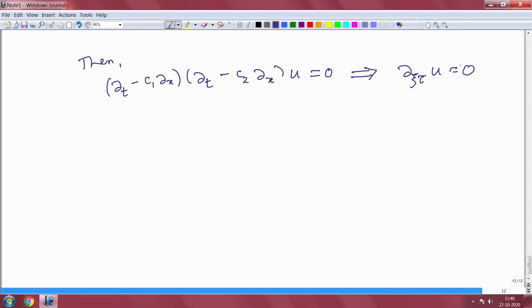So, this equation in the characteristic variables reduces to this second order equation. So, again we can easily integrate that. So, the general solution we can write down,